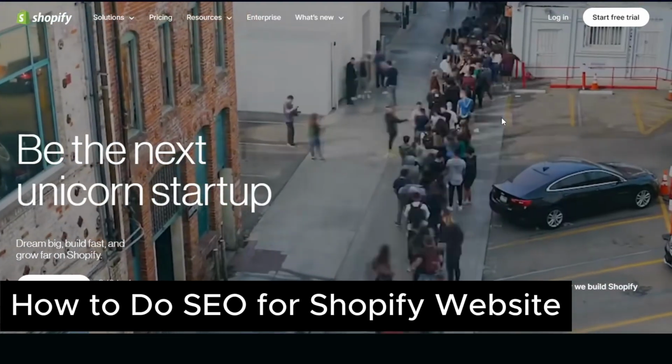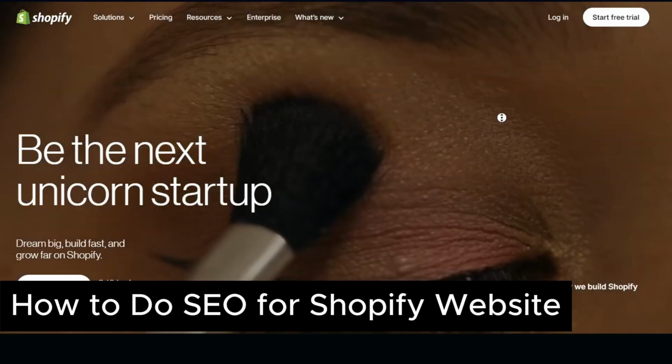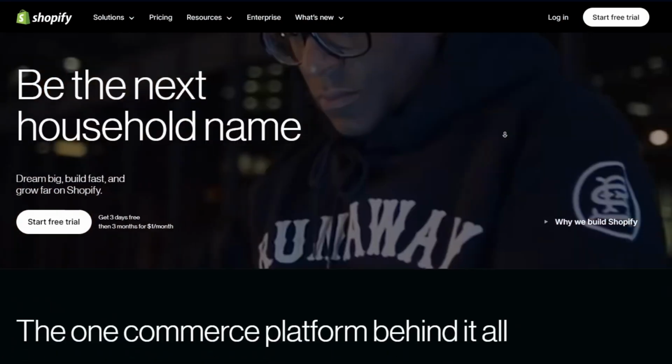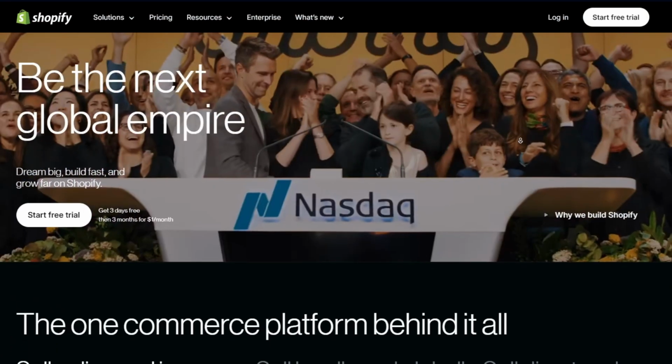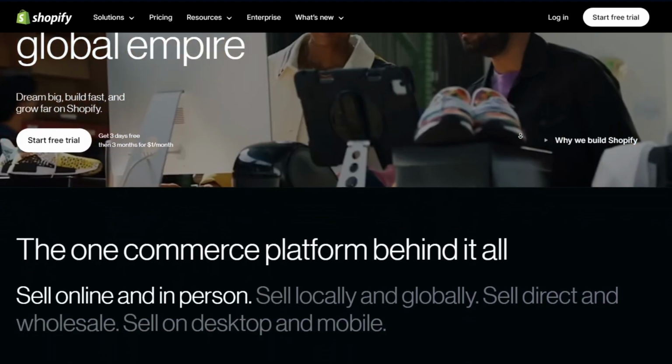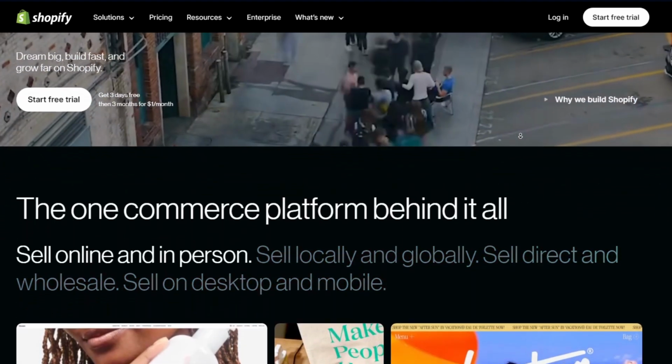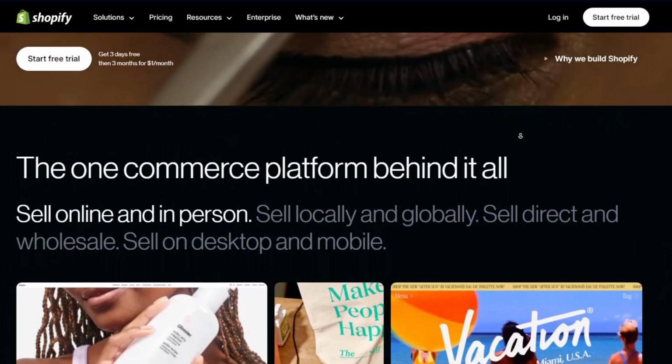How to do SEO for Shopify website. Welcome to this comprehensive guide on how to do SEO for your Shopify website. In this tutorial, we'll cover the essential steps to optimize your store for search engines, driving more organic traffic, and